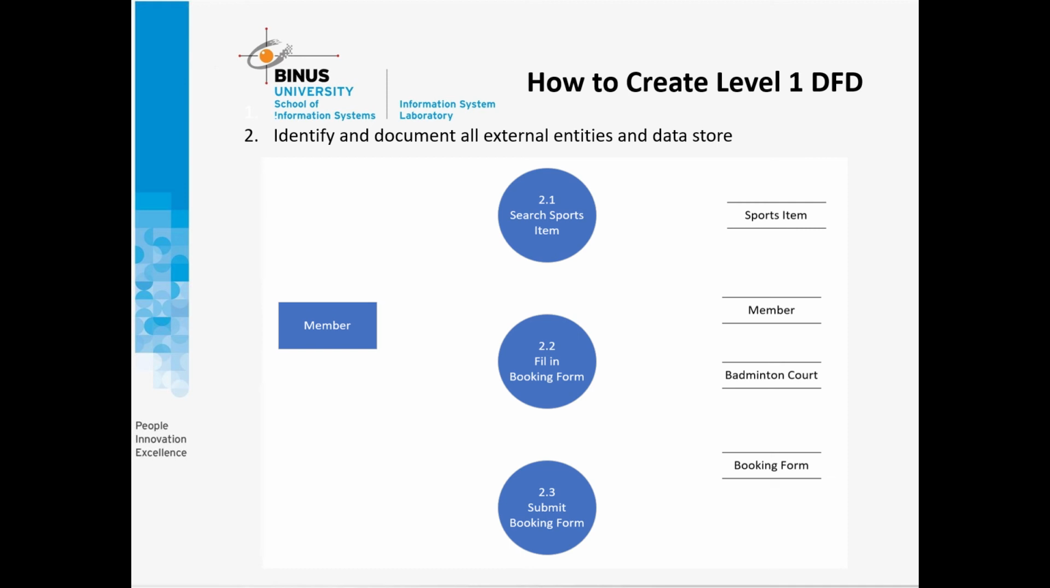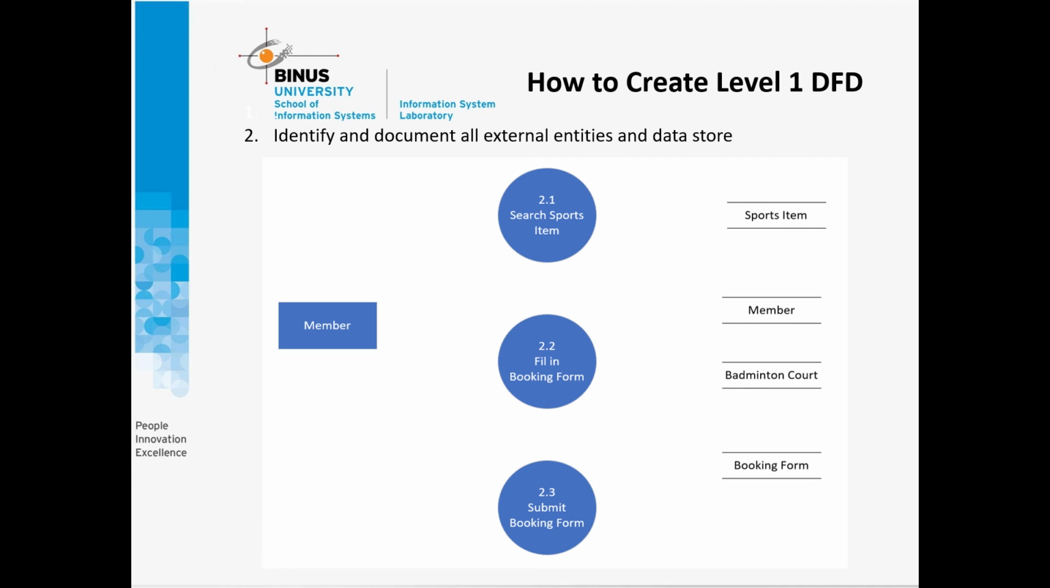The second step is to identify and document all external entities and data stores that relate to the process and are needed in this process based on the DFD level 0. It's possible that there is more than one external entity. In this level 1 data flow diagram, there is one external entity, member, because if you see in the DFD level 0 in process 2, the person who interacts with the system is the member. And in this process, there are 4 data stores that we need: sports item, member, badminton court,